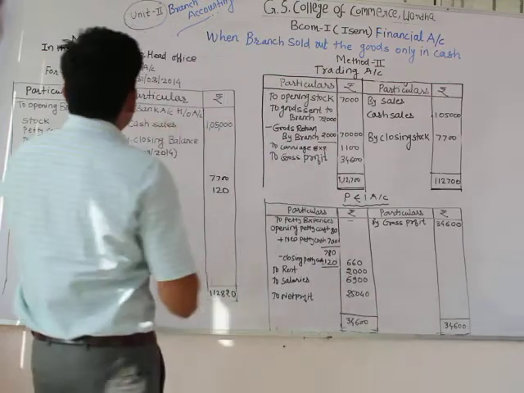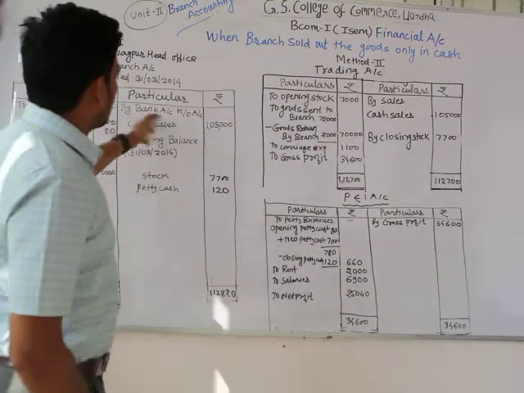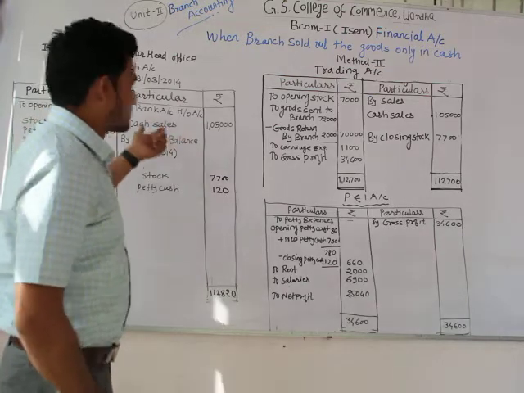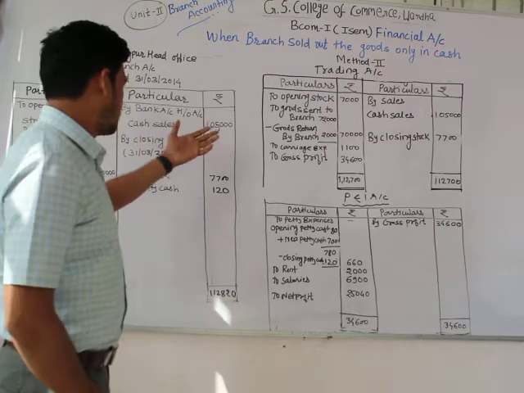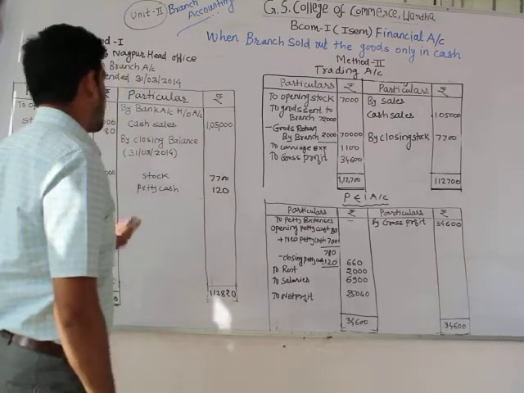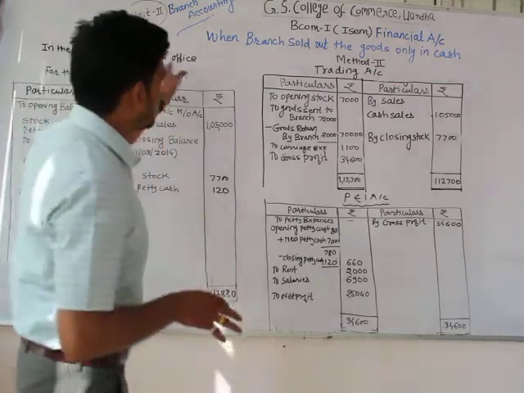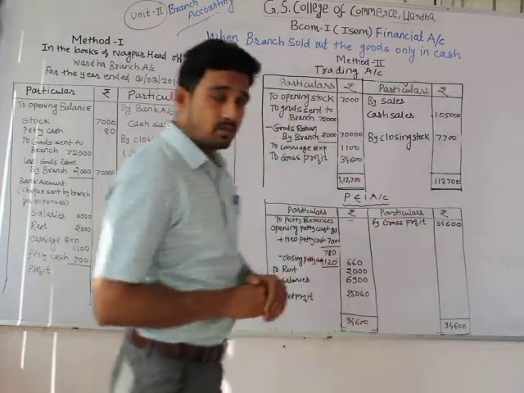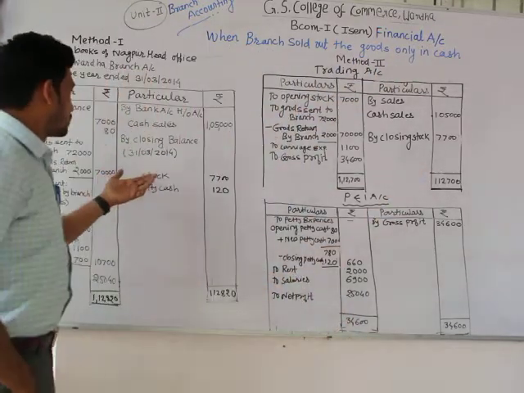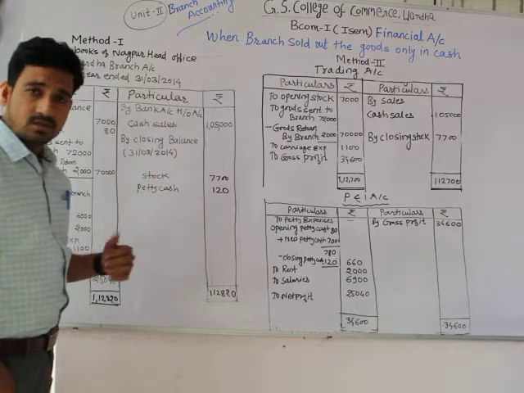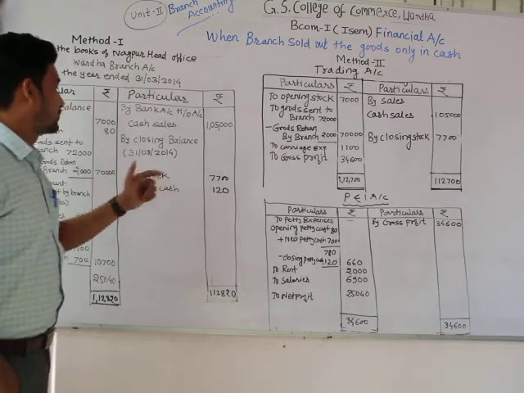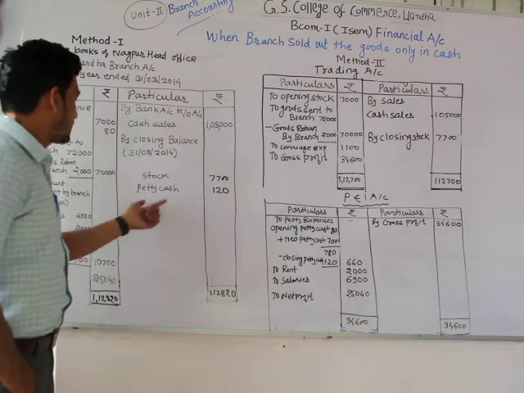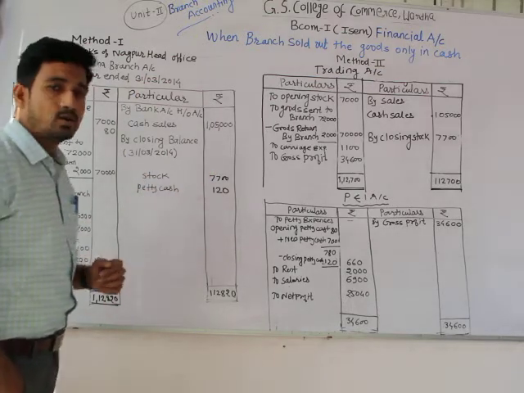Now moving to this side, then bank account, head office account, there is a cash sales of 1,05,000, because this is an income. They generated income by selling, but that selling is in terms of cash. That's why we are saying this type of problem. Then there is a closing balance, but no closing balance is given in that particular problem. It's a closing stock of 31st March 2014, stock of 7,700 and petty cash of rupees 120.